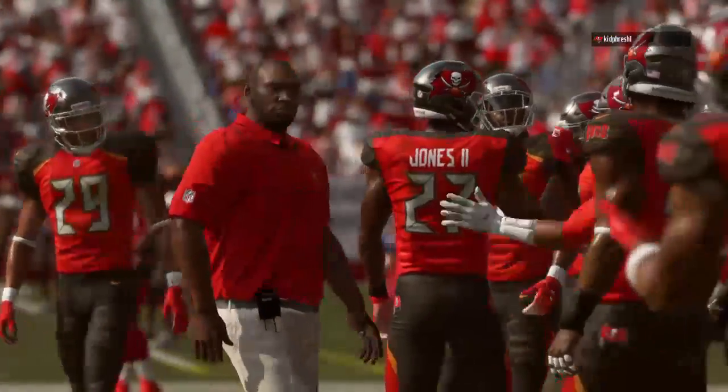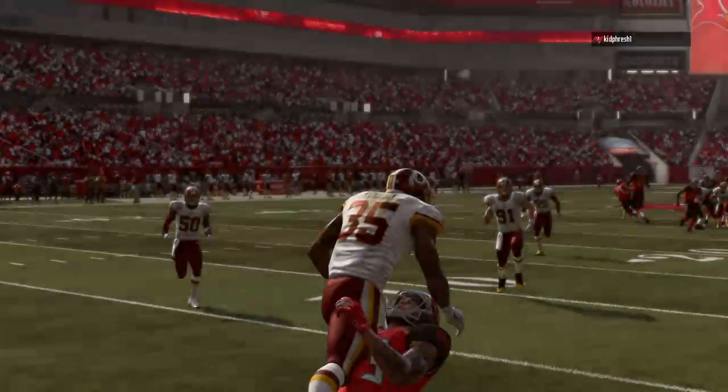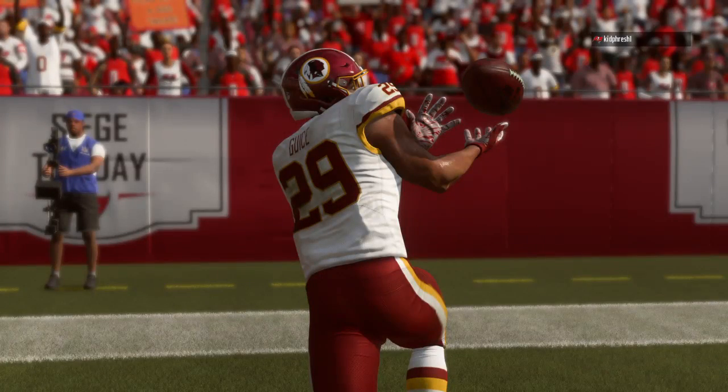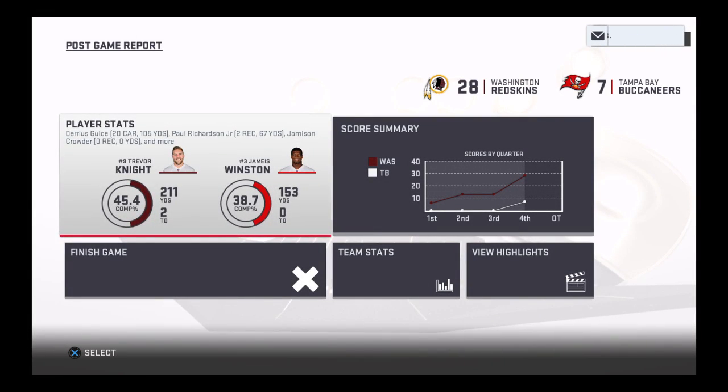A road win in the National Football League. Charles, you never take that for granted, no matter who you're playing, no matter where you're playing. You take it and you run with it. And you know you primed the pump all week in your own home facility. No one thinks we can do this. Only people who believe are right here in this room. And then you go on the road, band together, and get it done. So for Washington,